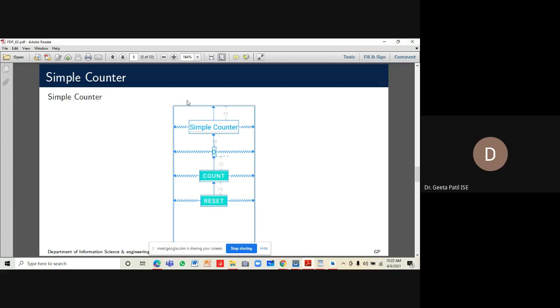To do this, after completing a breathing cycle, I'll just click on this count button, and when the count is clicked, the count of breathing should be displayed. It should be incremented. Initially the breathing count is set to 0. When I click on count, it will become 1. Next time I click on count, it will become 2, and so on. So when count is pressed, I want the counter value to be incremented, and with reset, the count value should be set to 0.